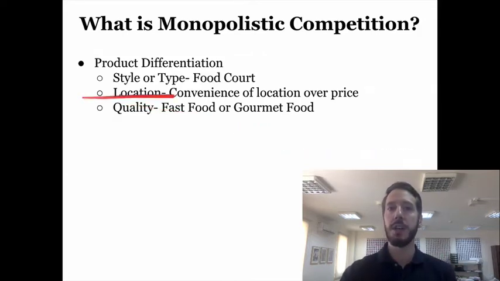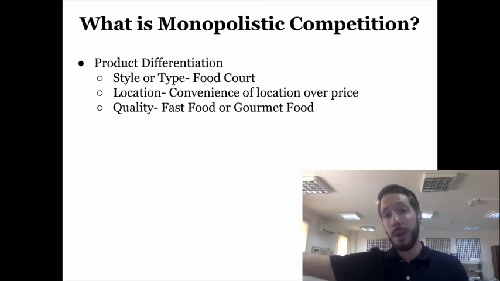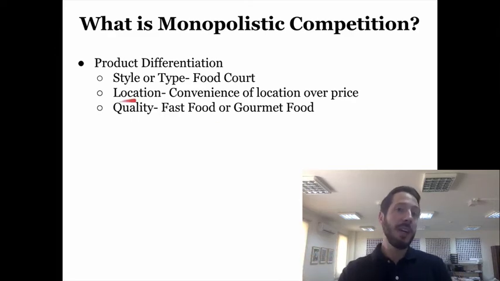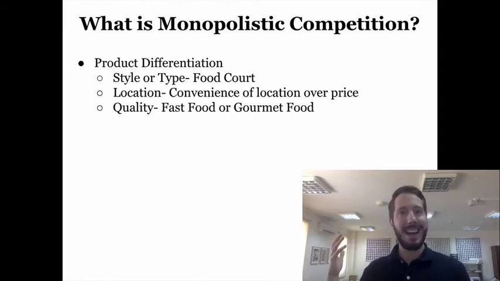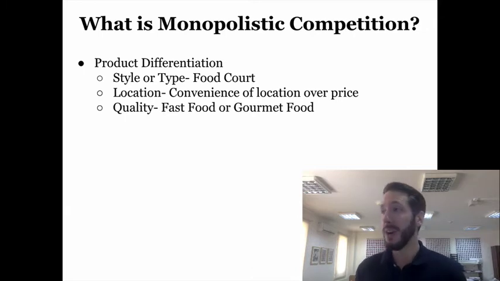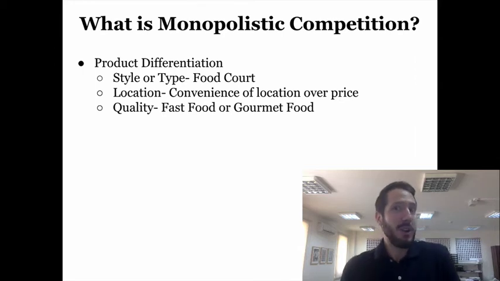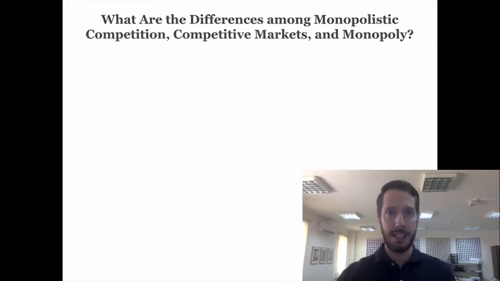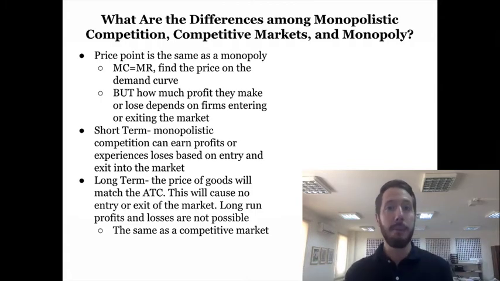Sometimes product differentiation can also be location. I can differentiate my product because you can buy from me or you can drive 20 minutes and buy from another place. There's also an aspect of quality, and I love restaurants for this example. I can spend 5 JD to get a meal at McDonald's, or I can spend 500 JD and get steak and caviar and lobster. But it's still all the same good. It's still food, but it's been differentiated. That's monopolistic competition.